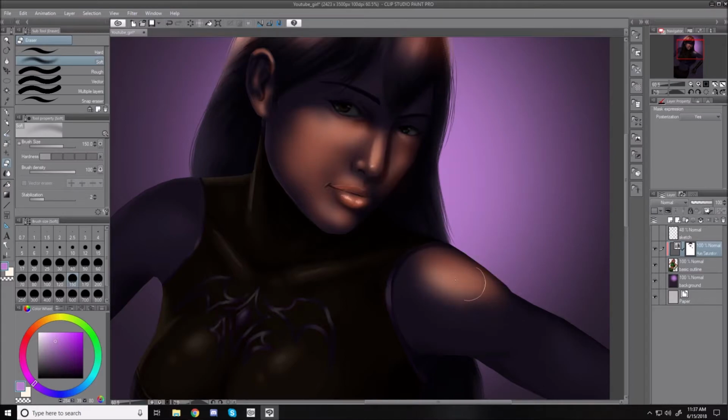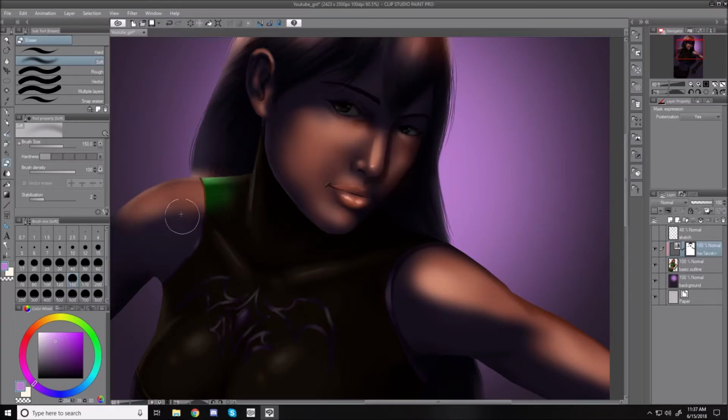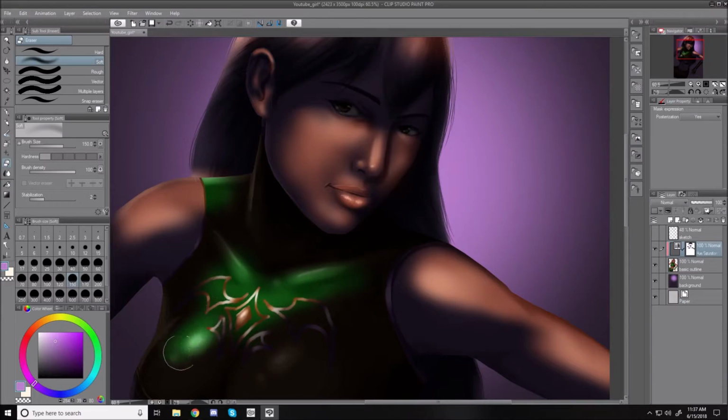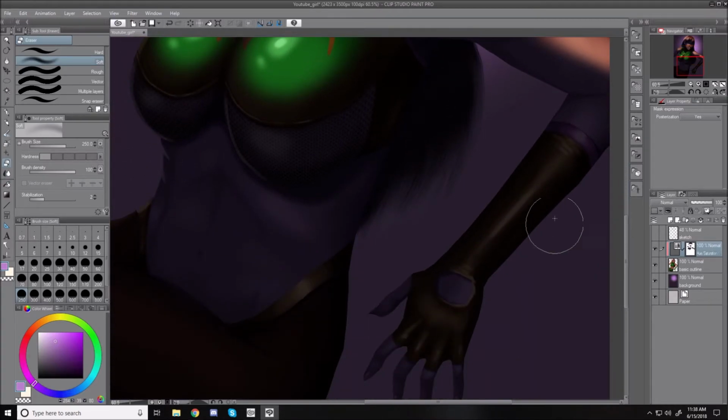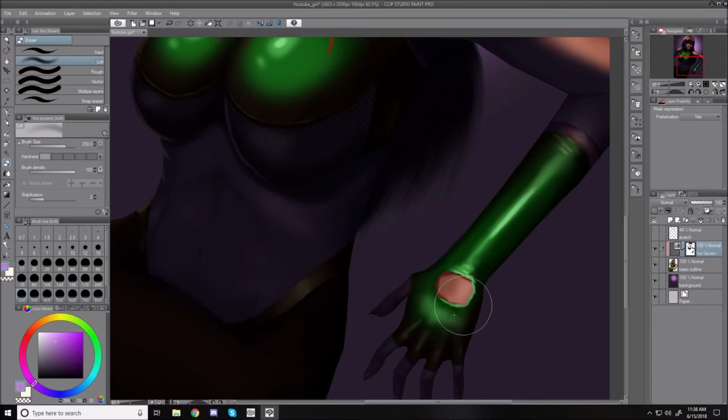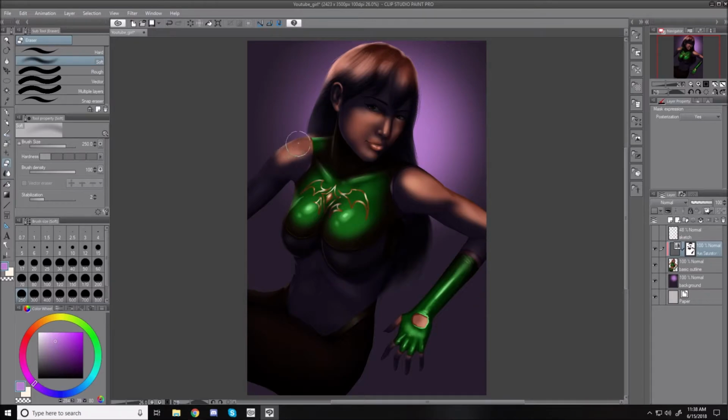See, you can even change where your light source is coming from if you want. Now it's coming from above, instead of coming from the side. And you can just remember where your light sources all come from, like so. Change the whole mood of the piece depending on where you want it. I'll probably redo that part, but